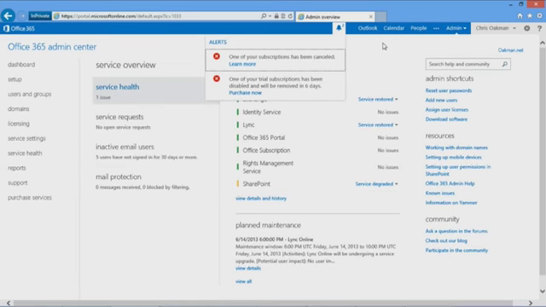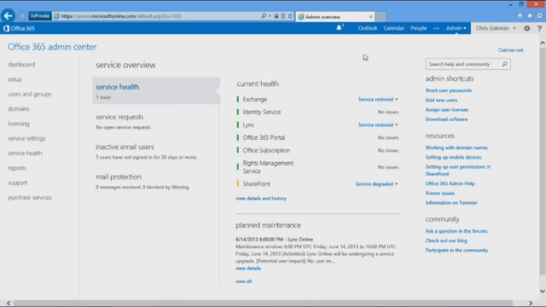All right. So right away, my trial subscription, you can see at the top, I got a pop-up alert. One of my subscriptions has been canceled. I've since bought a subscription. So you can see that here. Yeah, you can see my mouse. So one of the trial subscriptions has been disabled and removed. So you're going to see these if you started your Office 365 tenant with a trial. You're going to see these 30 days after that trial expires. So you can click off those.